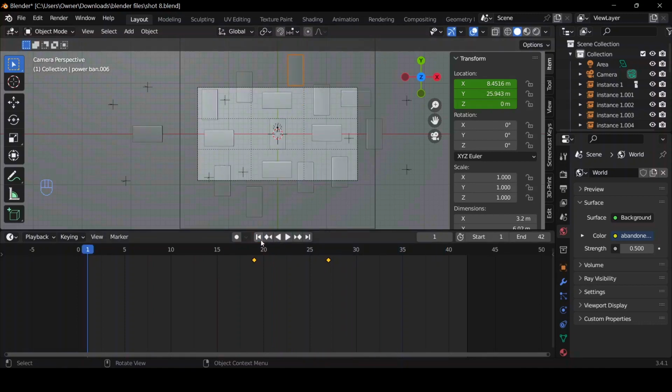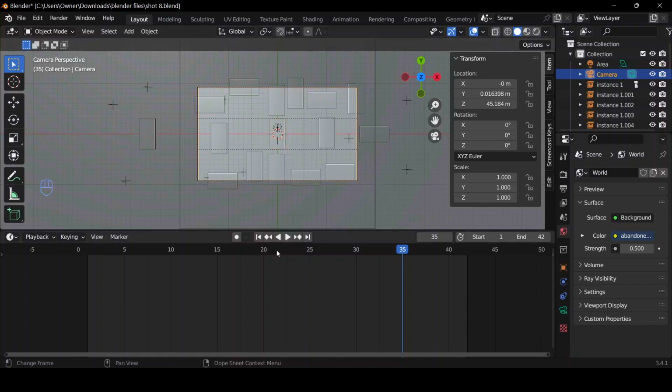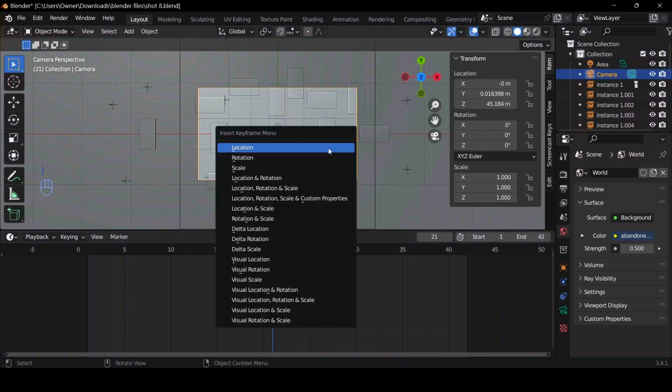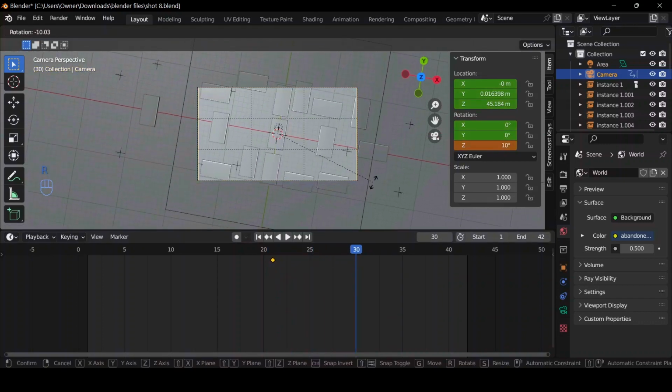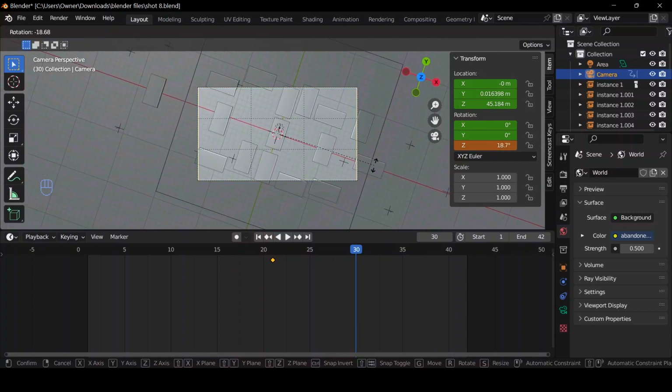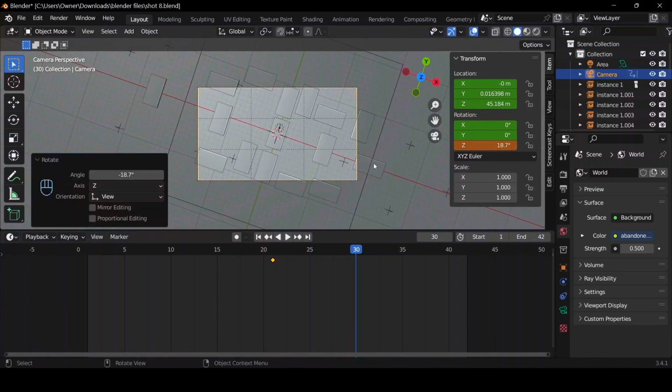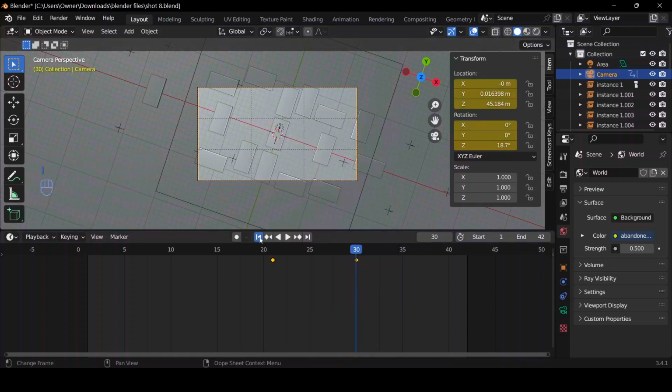So you can see that we are not done here. It remains just one more, which is for the object to pop up. Now we are going to be adding in a bit of camera rotation as well. So immediately, let's say on the camera location, let's say on frame 21, let's press I for location, not location. Let's Control Z that. I for location rotation. Then let's say when we get to like frame 30, we're just going to press R again to just rotate that. And what I'll do is I'm just going to press I again, location rotation. So if we play this now,